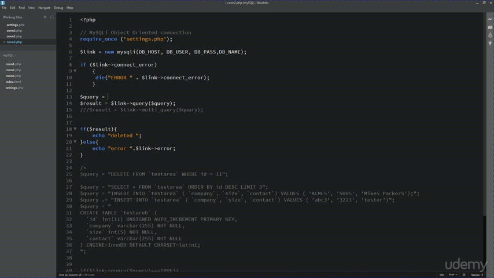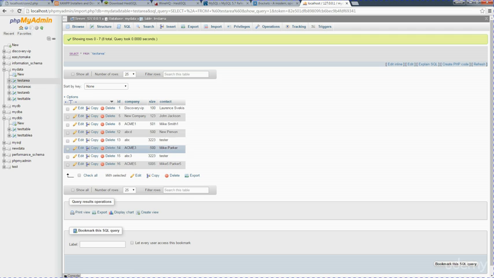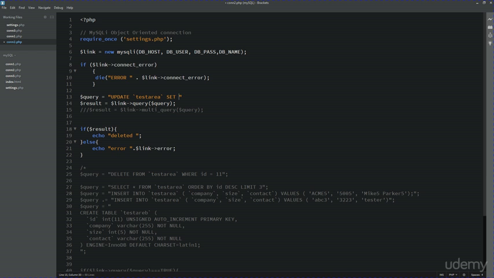So query variable and set it to update. And of course, we need to specify which table we want to update, and then the values that we want to update. So we want to set, so maybe we'll pick a couple columns. We're going to update the contact and we're going to update the size. So let's set contact and equal it to,